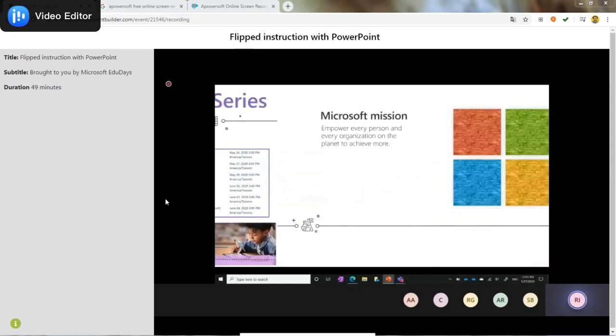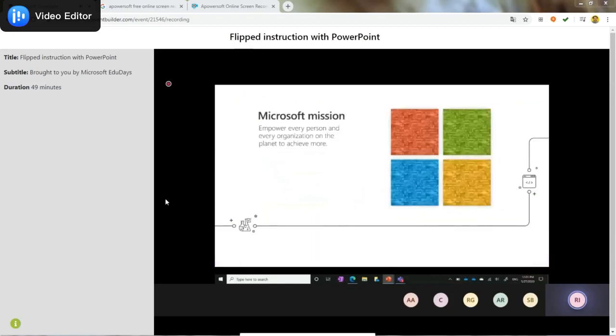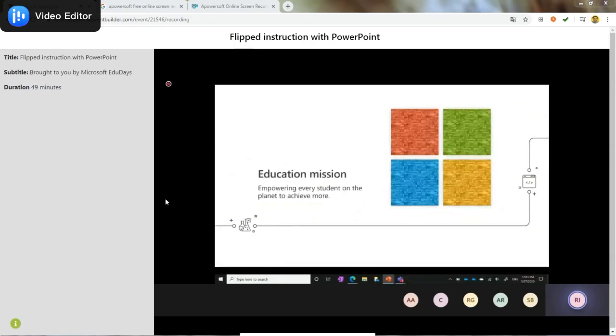I'd like to start by just acknowledging the Microsoft mission statement, which is to empower every person and every organization on the planet to achieve more. And specifically within education, to empower every student on the planet to achieve more. And right now, in this confusing time when we're working really hard to make contact with our students, figure out new strategies, new tools that we can use to empower our students, Microsoft is really dedicated to providing professional development, office hours, tech support, to help you in this mission and to fulfill this mission, because we really feel like it's an important one today. So we're thrilled to be with you talking about PowerPoint today.